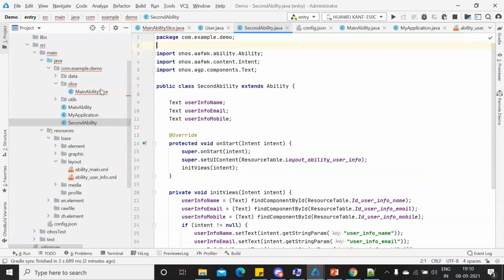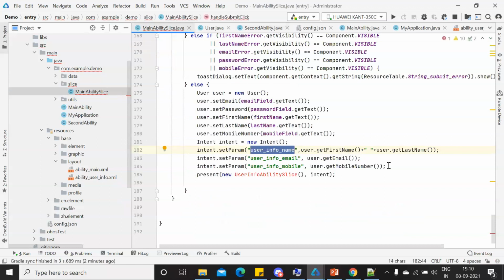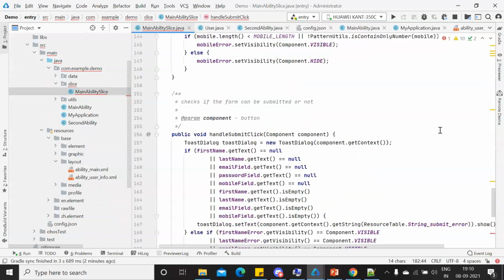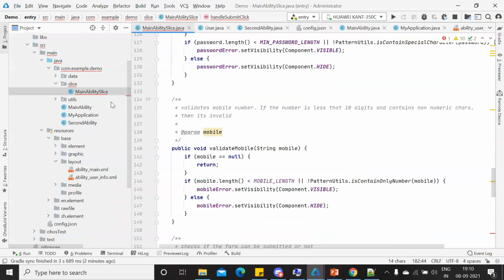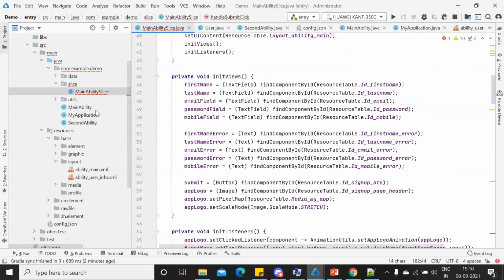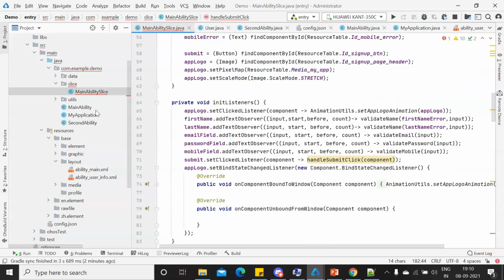Have you guys understood what I'm trying to do here? If you're not able to get it, just let me know. I think we can discuss it. I'm just trying to use the same data and then put it into an ability so that you guys will understand how to call a target ability from the calling ability. Okay, because previously we checked it on a slice. So now you can see that